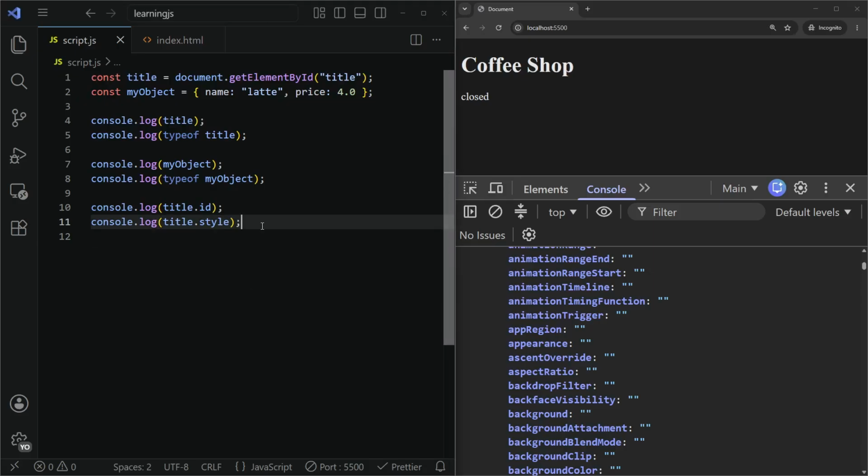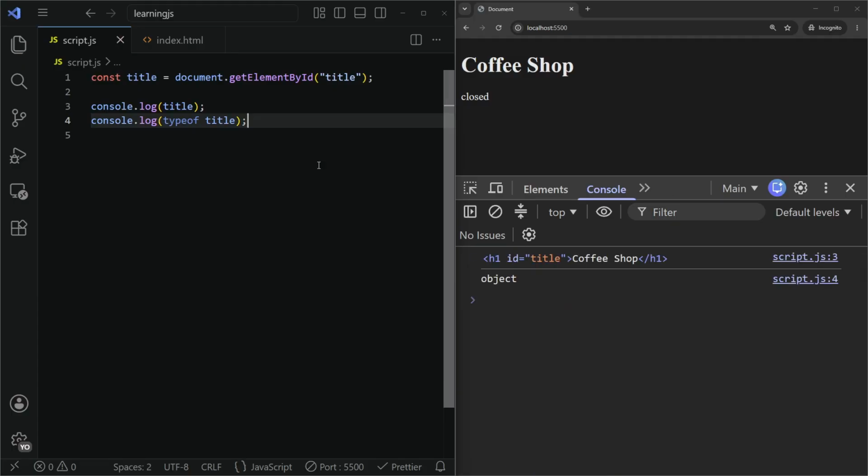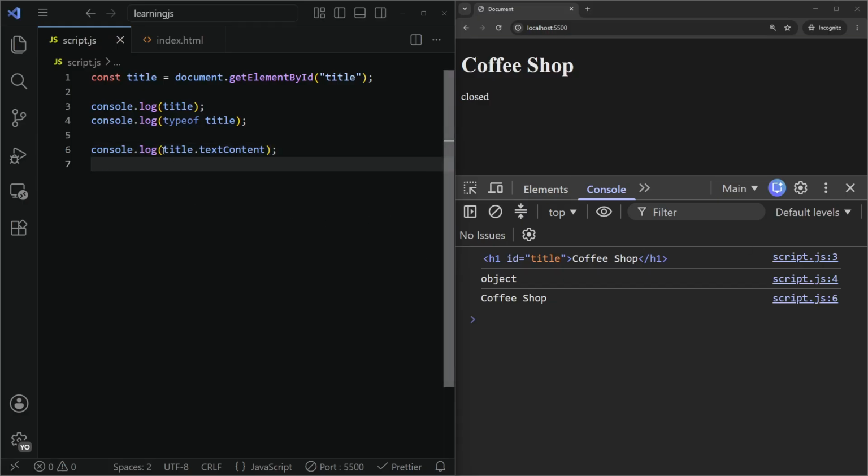Okay, let me erase all these. My object, and then let's get back to our title. So again, Control S to display my title and the object. So now we already saw the dot text content, Control S, and here it is, coffee shop. So if we can get the property text content of our object,